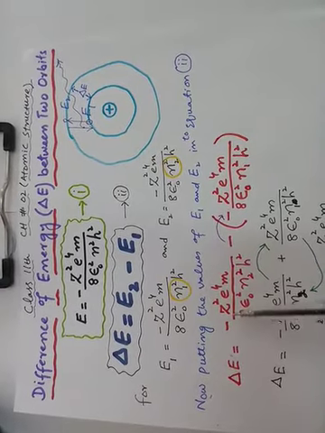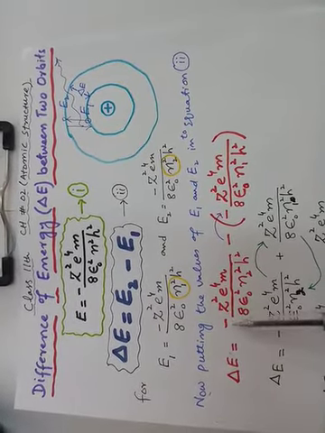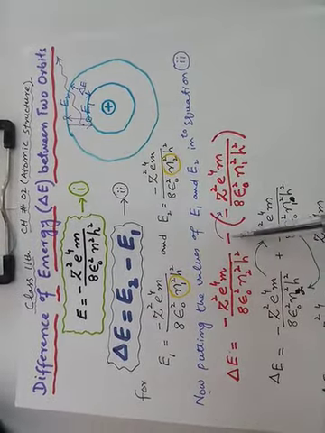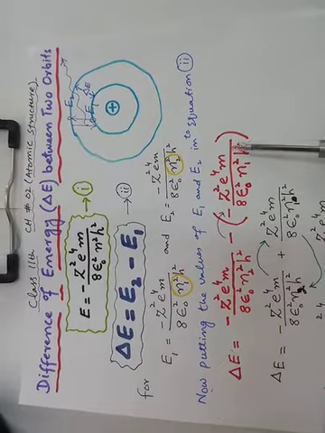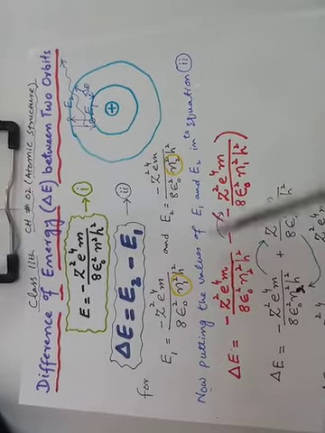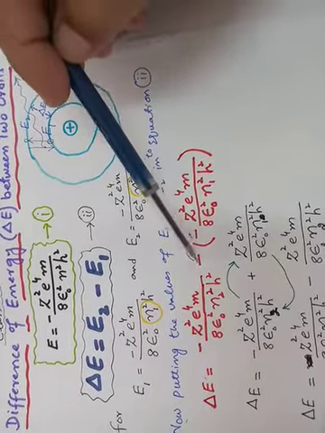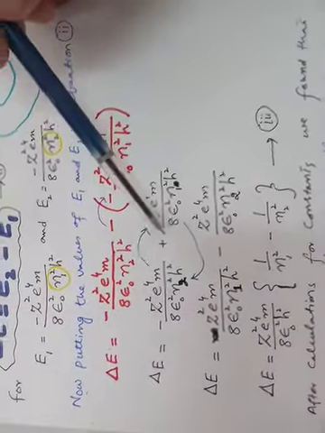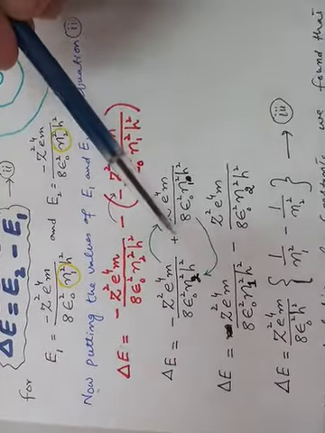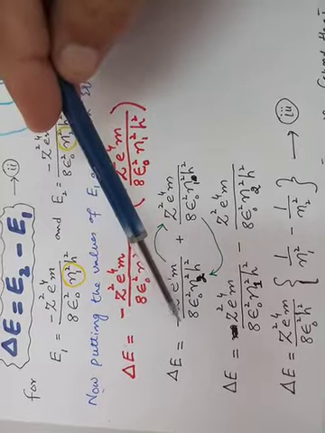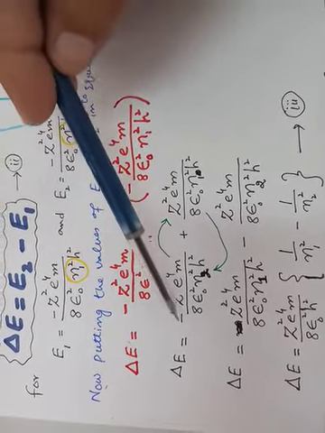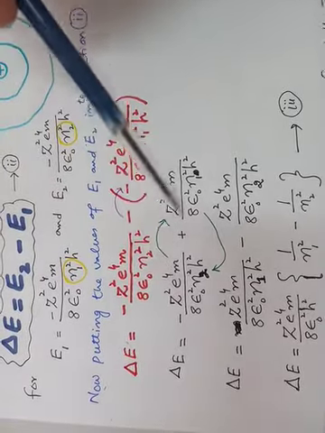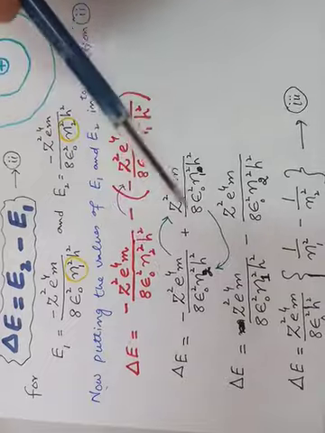So we will get this equation. There was a minus sign, so I have written a minus sign, and energy is already mentioned with a minus sign. Now multiply these two minus signs with each other. Minus and minus is equal to plus, so the sign changes from minus to plus, and this minus is retained here. Now this is a negative term and this is a positive term, so I rearrange it, shifting the positive term here and the negative term here.